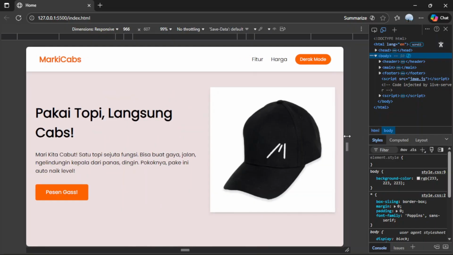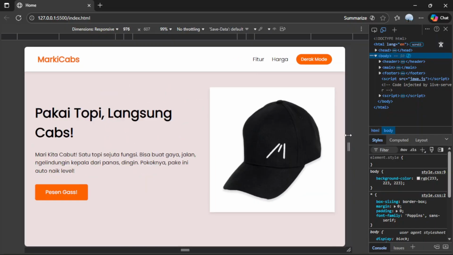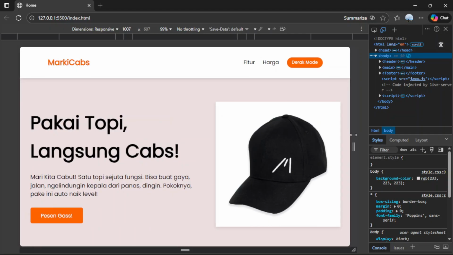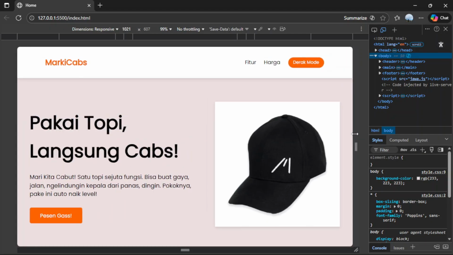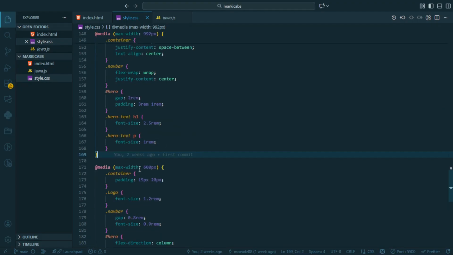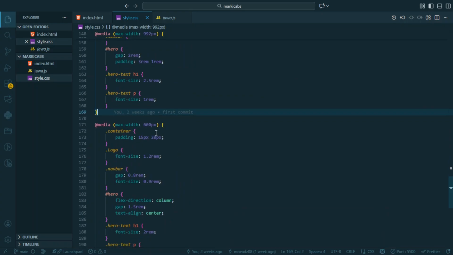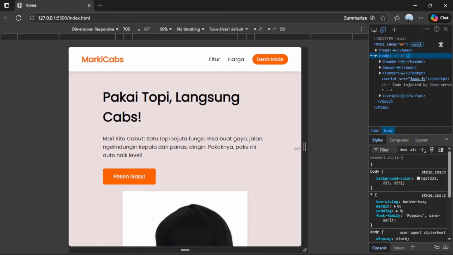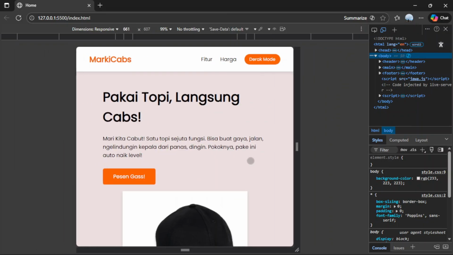When it's smaller than 992 pixel, you can see the H1. And also if it's smaller than 600 pixel, it will be like this. So it's for responsivity.